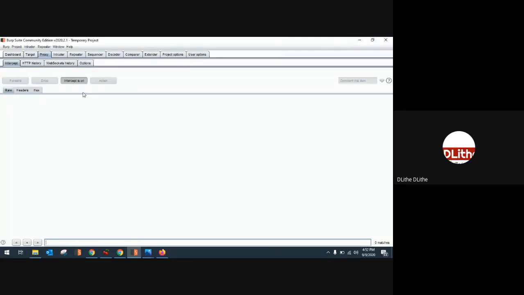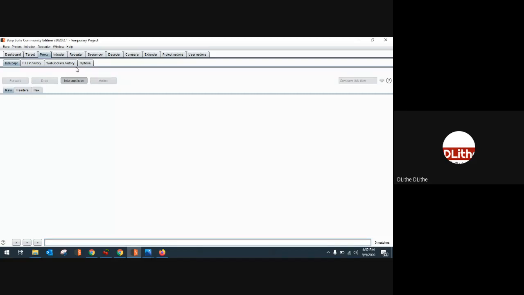When you turn on the intercept, it is like you have a gate and a watchman over here, and the watchman will check each packet going into the server, each packet going from your browser to the internet. Hence you will have to manually forward each and every packet. So in cases where you are required to manually inspect and forward the packet, we can use intercept on. But for most cases, you have to turn it off.